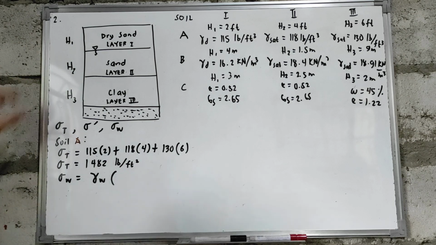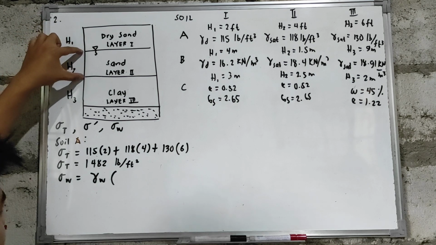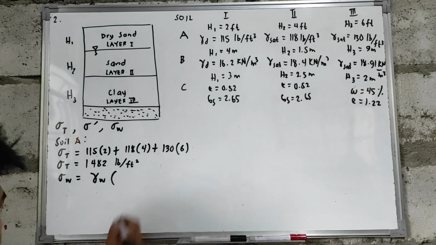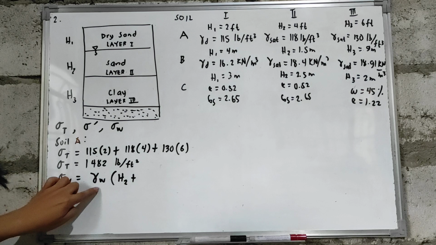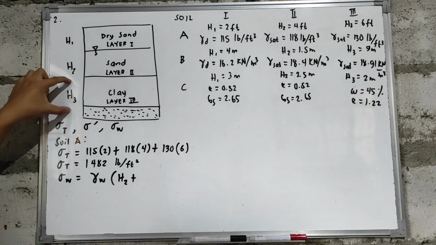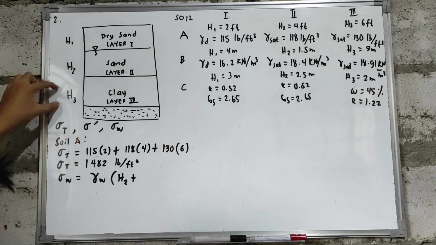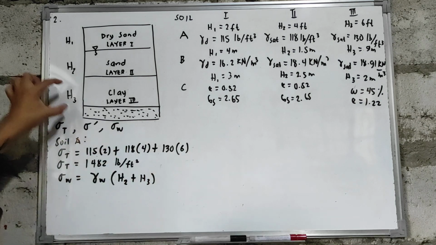So for this one, yung H1 natin, wala naman diyang tubig, so hindi natin yan ilalagay. Yung second layer natin, since it is saturated, meron siyang tubig, so ilalagay natin yan dun sa imumultiply natin sa unit weight ng tubig. Lastly, yung last layer natin, it is a saturated clay, meron siyang tubig, so gagamitin natin yung height ng saturated